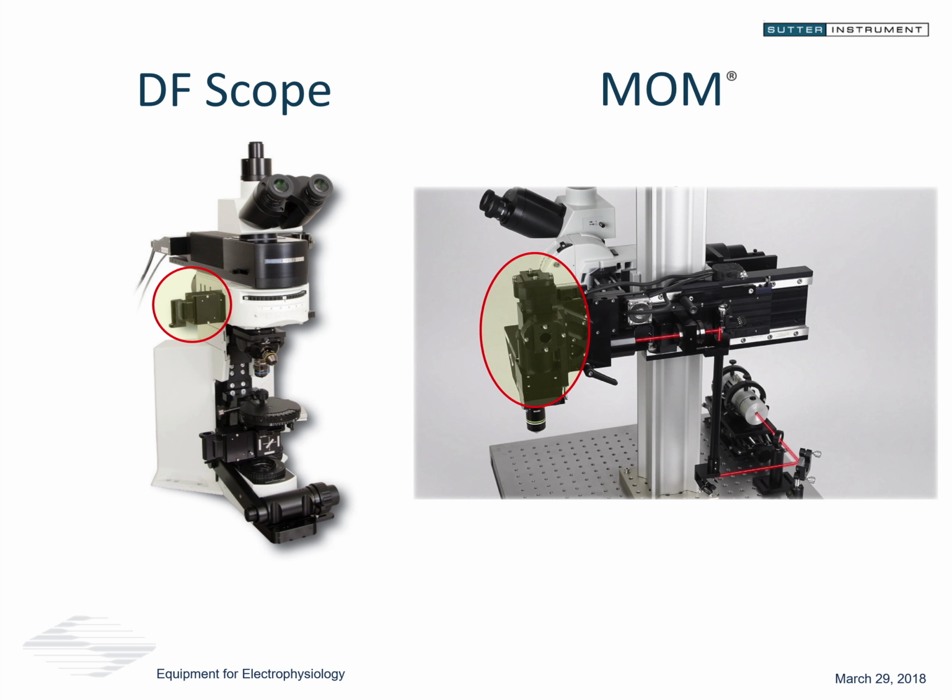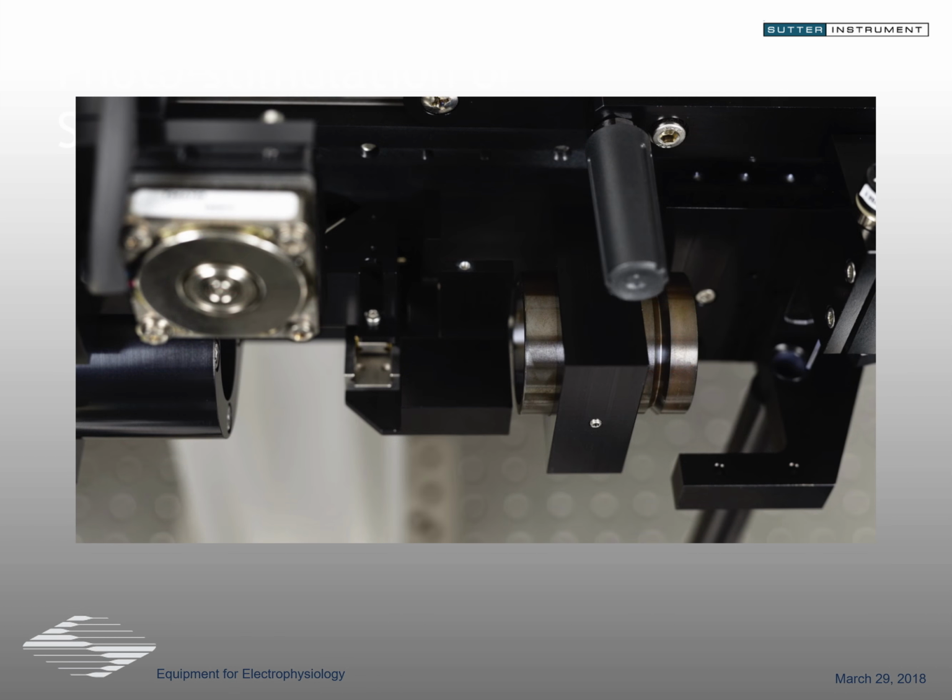So furthermore, I'd like to point out some of the open platformness, if you will, of these microscopes. I'd like to take a closer look at the beam path here, in particular between the scan lens and the tube lens of the microscope. And if we just zoom in here, I'd like to point out that this is accessible to the user. So some modification and customization can be done by the user. This can be important for a lot of electrophysiology experiments where you're combining techniques and pushing the boundaries of what can be done together. So in this case, we see a polarizing beam combining cube, which has been placed in the center of the optical path here.